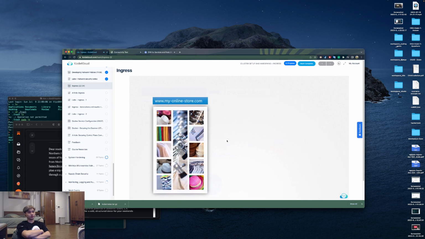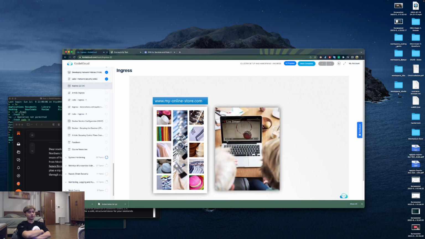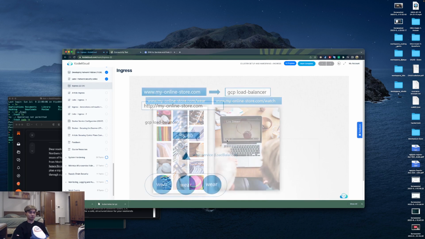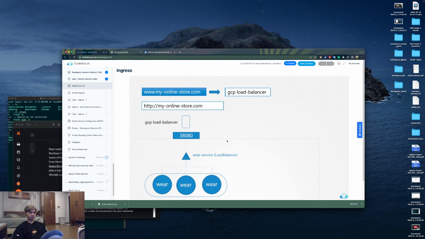Your company's business grows and you now have new services for your customers. For example, a video streaming service. Now you want your users to be able to access your new video streaming service by going to myonlinestore.com/watch. You'd like to make your old application accessible at myonlinestore.com/wear. Your developers developed the new video streaming application as a completely different application, as it has nothing to do